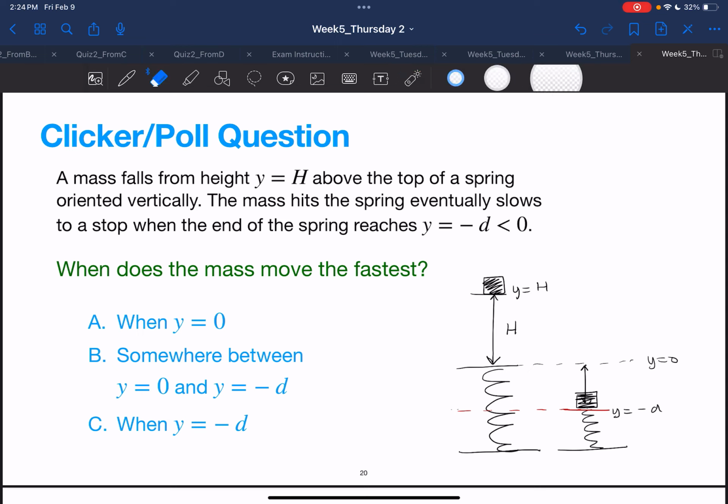Okay, let's start. To figure out when the mass is moving the fastest, it actually helps to take a look at the sum of the forces. But let's think energy first. When we start at this point here, all our energy is mgh, so basically all potential energy. And then when we get to this point,